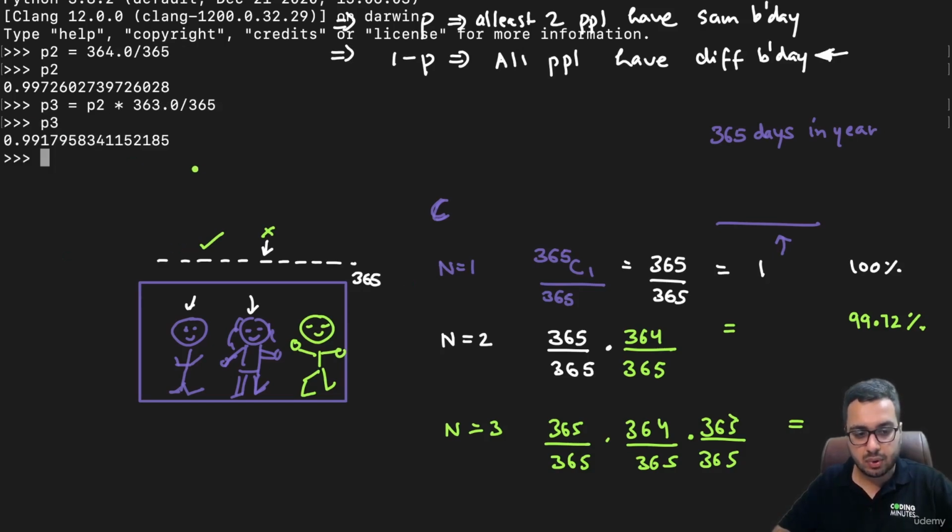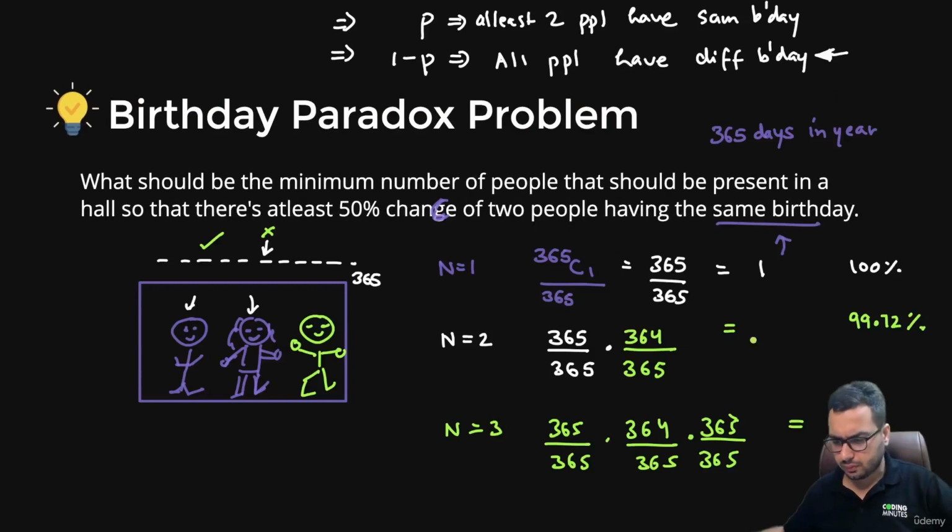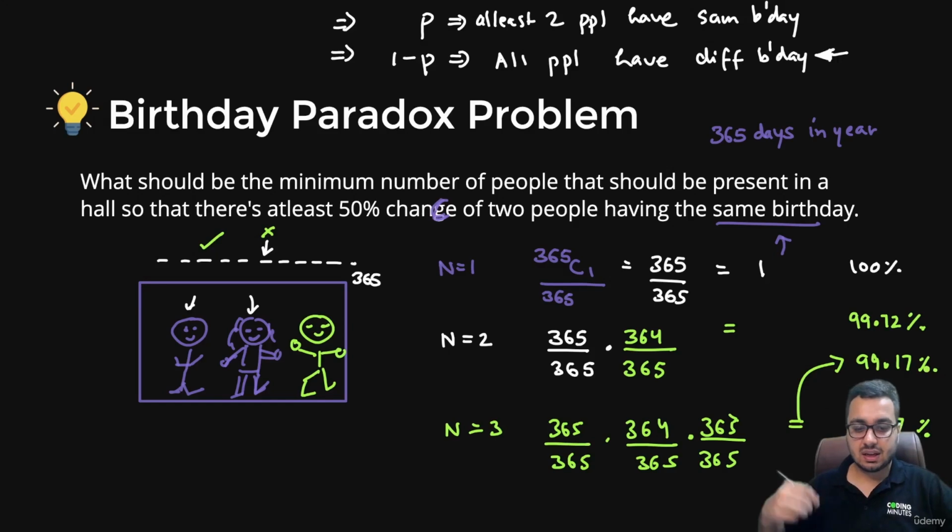It is 99.17%. So what you can observe is, as the number of people are increasing,